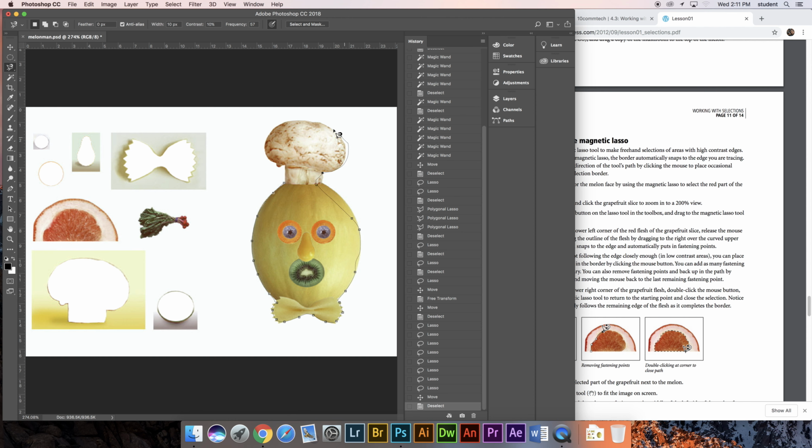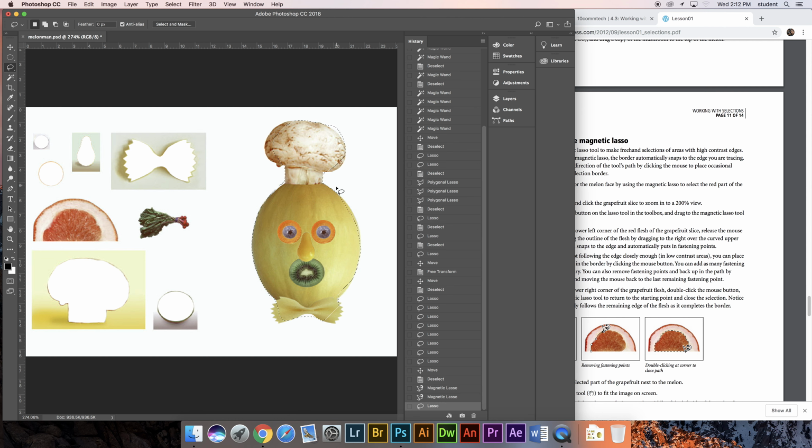And if you move too quickly, it'll do a bad job. If you move too slowly, sometimes it'll not do a great job either. So it's kind of a fine balance between moving quickly enough and slowly enough to get a good accurate magnetic lasso tool. If you're not happy with it, of course you can restart. And again, I don't love this tool, so I don't use it very often. But knowing that it's there, sometimes it might be useful, and then I can potentially go in and